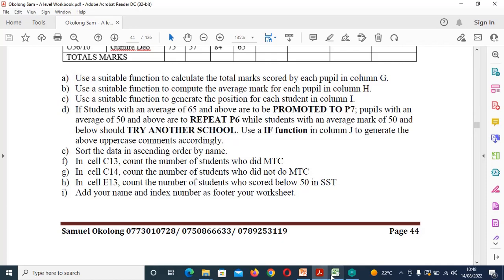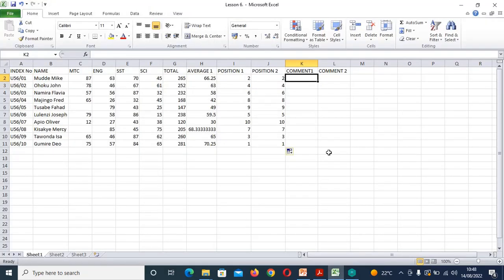So let us generate that using an IF function. So equal sign, then the function name which is if, open bracket, logical test. So what value are you testing? I'm testing this one here, the 66.25, because they said an average. So I click on this average. Then what is it saying? The average of 65 and above. So if this cell is greater or equal, because they have said 65 and above, that's why I'm including the equal. If this cell here contains a value greater or equal to 65, comma,